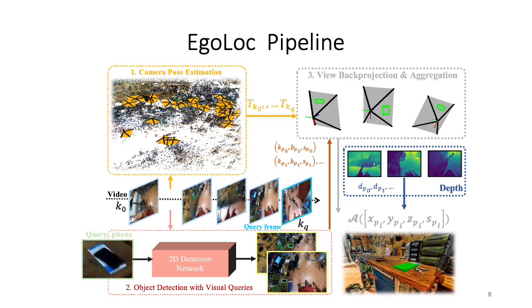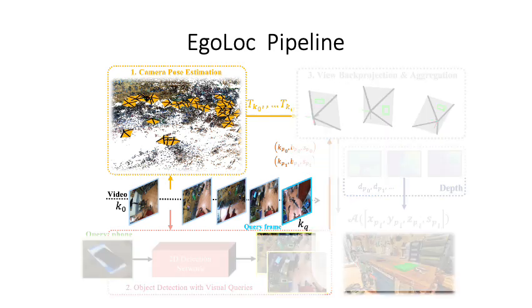This is the overall pipeline in EgoLoc, consisting of a pose module, a detection module, and a multi-view aggregation module. In the pose module, we collect camera poses with COLMAP for all the frames in the VQ3D sequences and re-register these frames to the query frame poses obtained in the original VQ3D data. This leads to robust and correct reference poses for all the video sequences and frames. This is necessary for later parts of the pipeline.